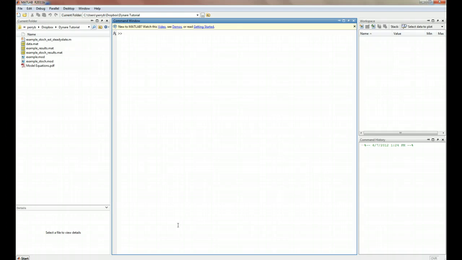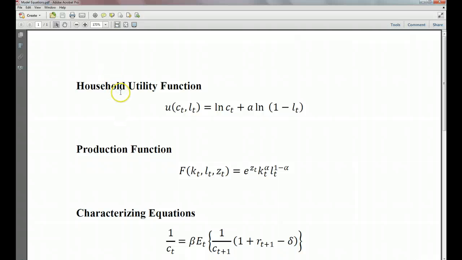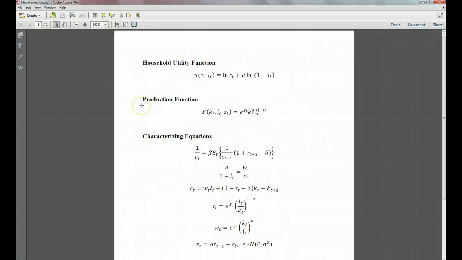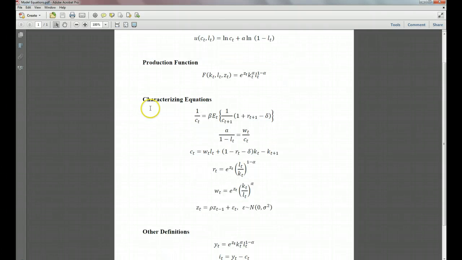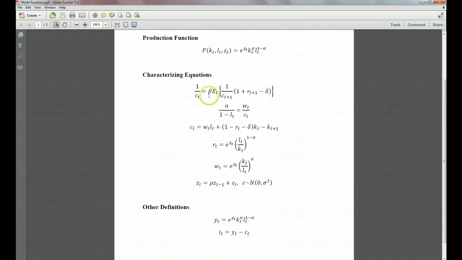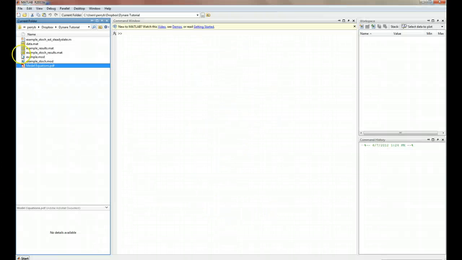The first thing we should do is refer back to our model equations and remember the model that we're working with. We have a log separable utility function and a Cobb-Douglas production function with an aggregate productivity shock process Z. We have our characterizing equations of our model and some definitions. And now that we've reviewed that, we can go back and recall our